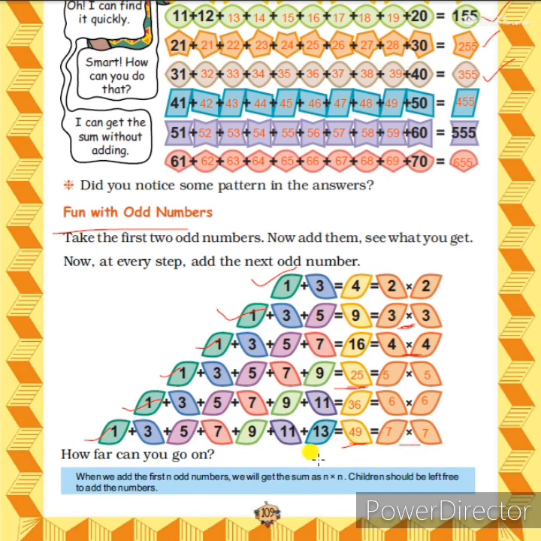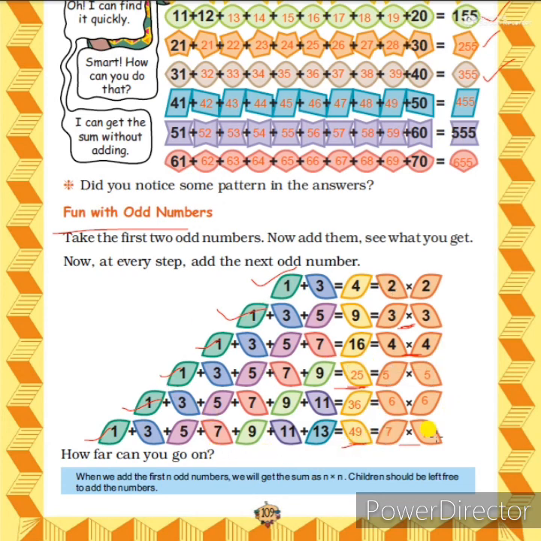So all the rules or patterns we followed, we can complete all the boxes or patterns also. So the first answer is 2 2s are 4. Next one is 3 3s are 9. Third one, 4 4s are 16. Fourth one, 5 5s are 25. Fifth one, 6 6s are 36. The last one is 7 7s are 49. So in this way we have completed the pattern of this topic.